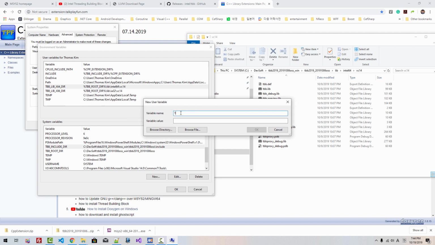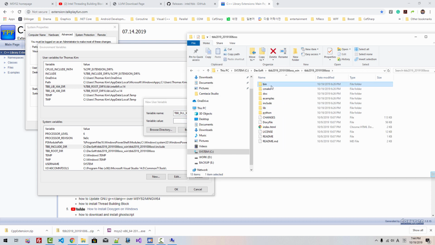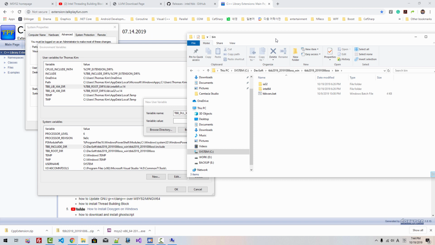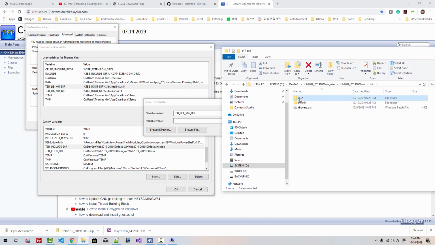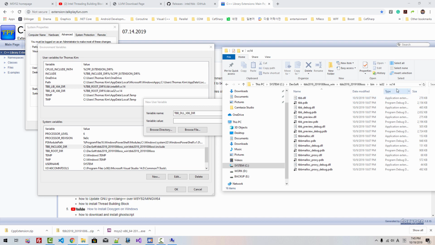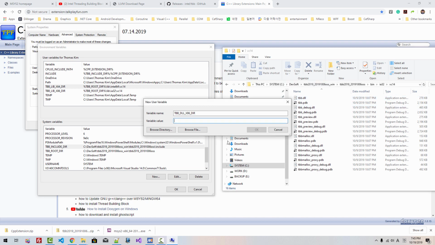New, TBB_DLL_X86_DIR. Now bin, ia32, copy this path, paste it here, delete up to this point, %TBB_ROOT_DIR%. Copy,